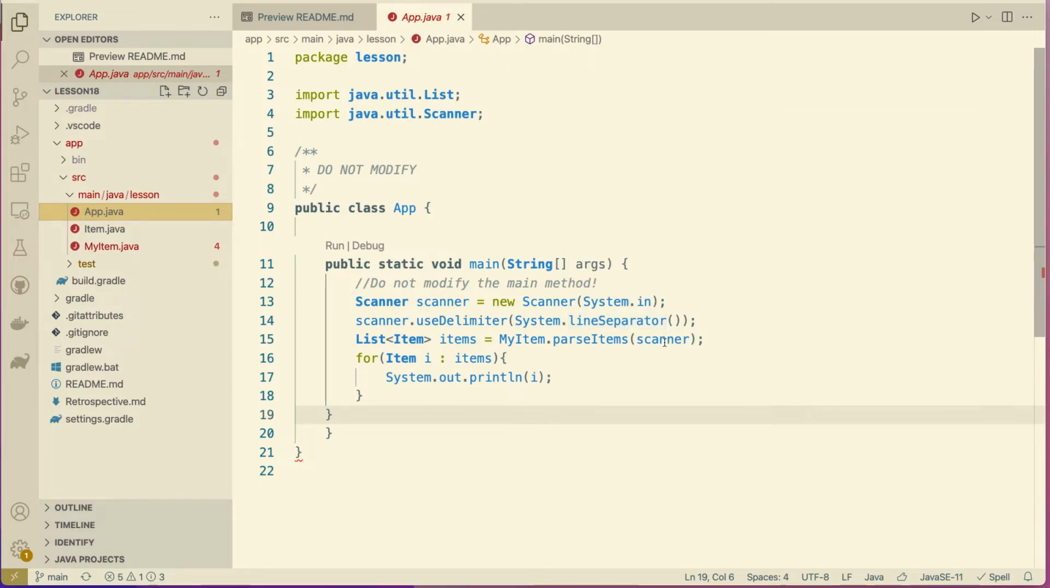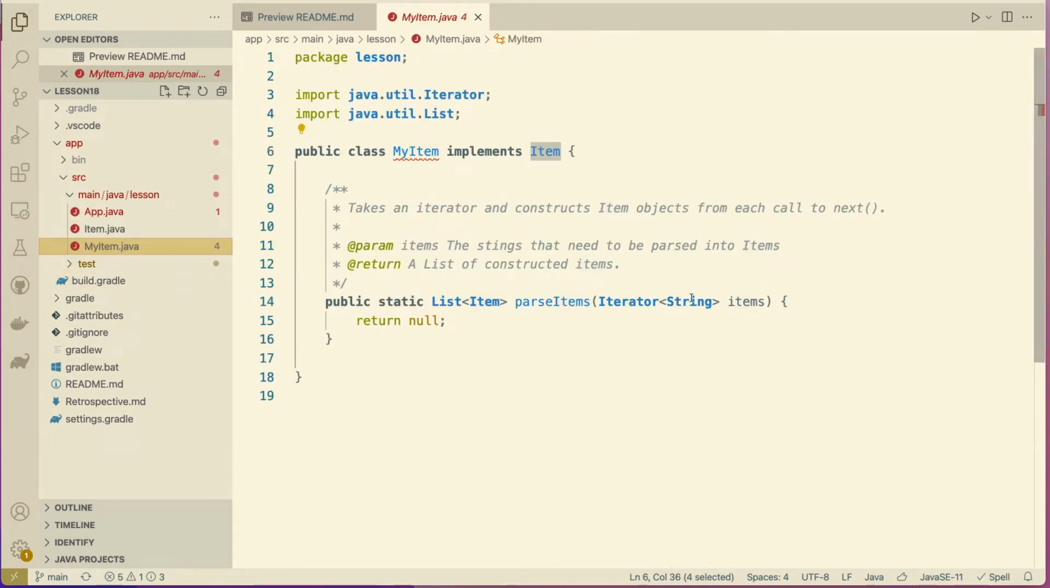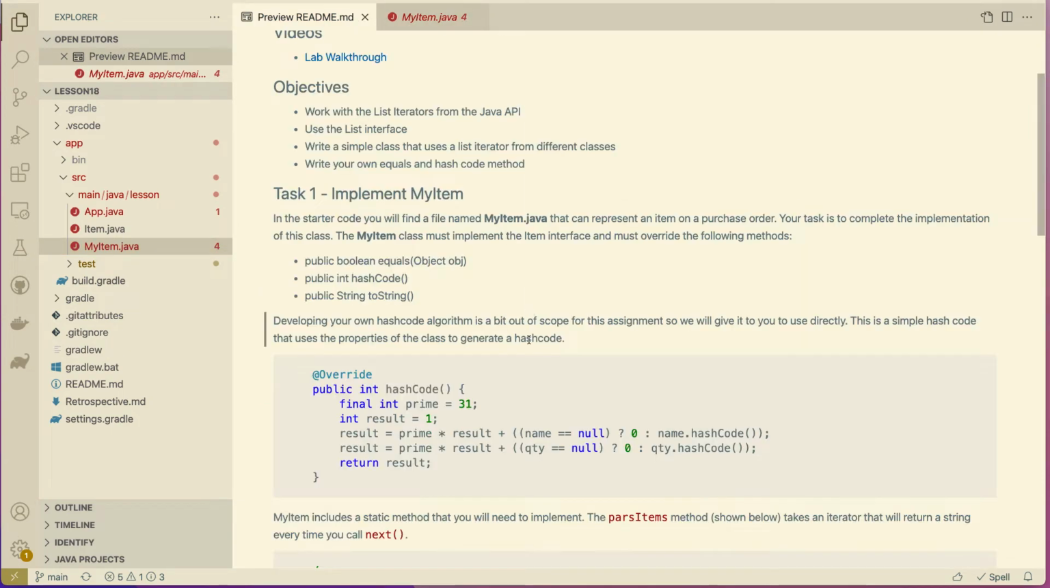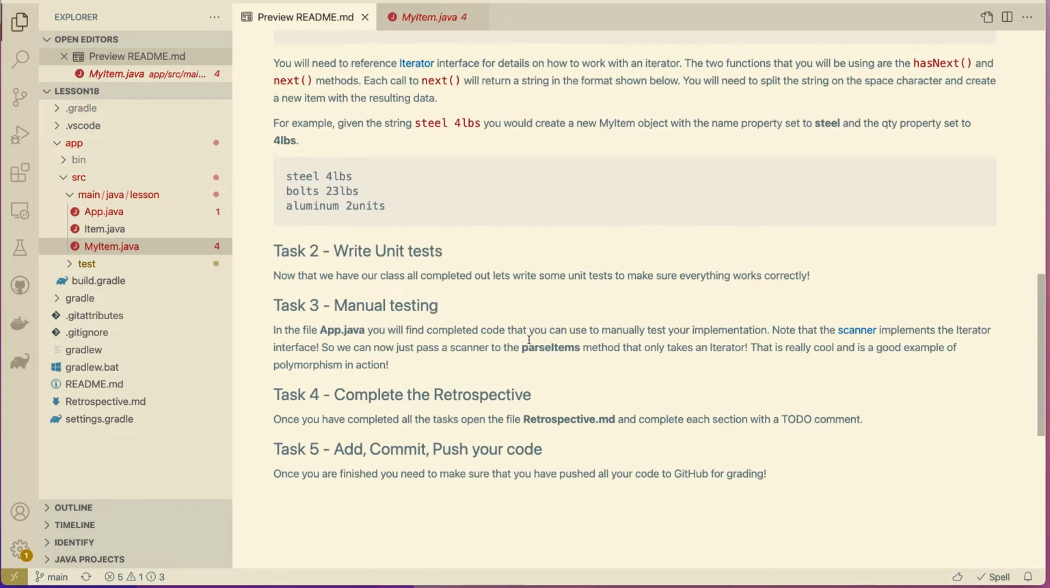And then we're passing, look at this, we're passing the scanner directly to our parse items. That is cool, right? Look, it's a scanner object and we're passing it right to parse items. If we open up parse items, you can see it doesn't take a scanner, it takes an iterator. Why does this work? Well, if we go back and we look at the scanner